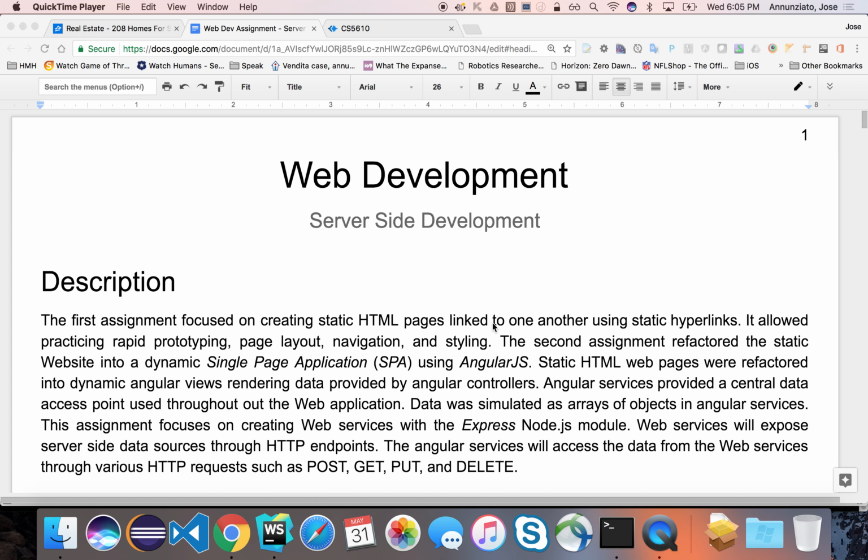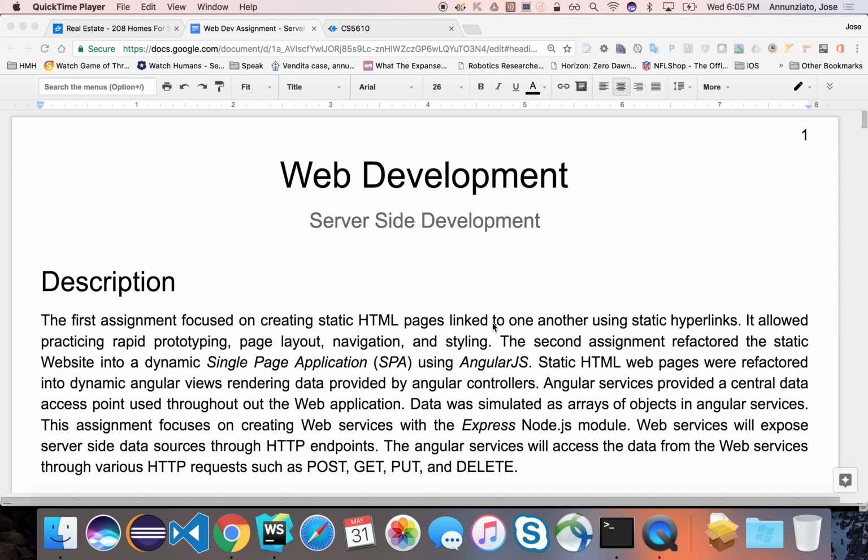Talk about assignment number 4. As I was saying earlier, please start. Assignment number 4 basically builds on assignment number 3. It refactors a lot of the things that we had done on the client side and moves them over to